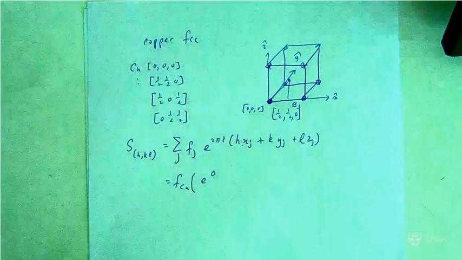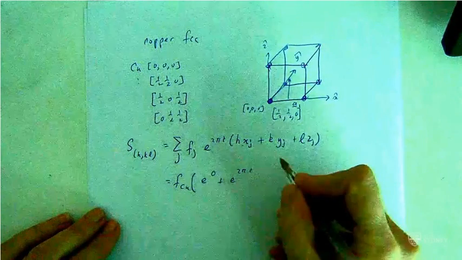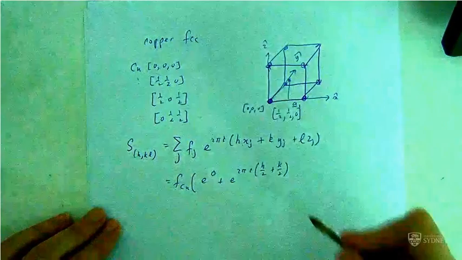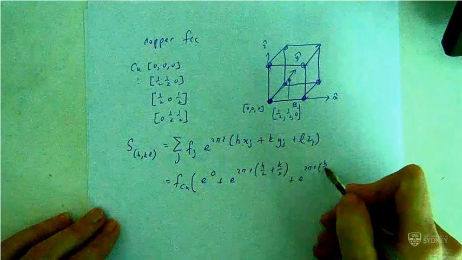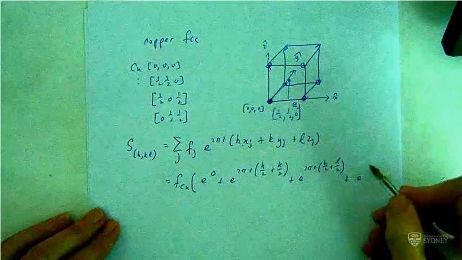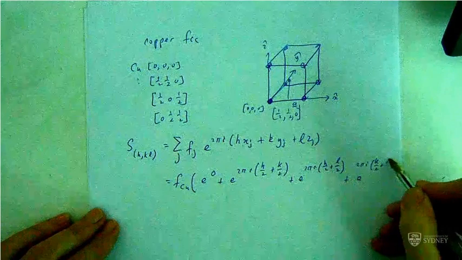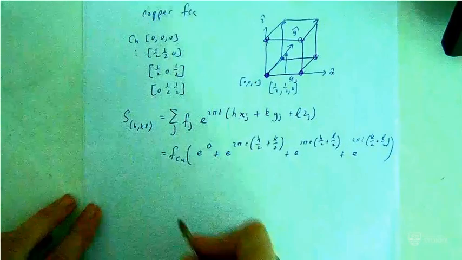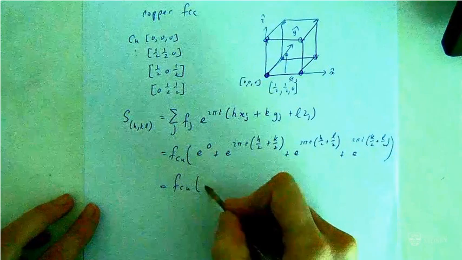Then we get e to the 2 pi i, H over 2 plus K over 2 for the next atom, plus e to the 2 pi i, H over 2 plus L over 2, next atom, plus e to the 2 pi i, K over 2 plus L over 2. This is what we do, and let us work that out. So that's just 1 plus,